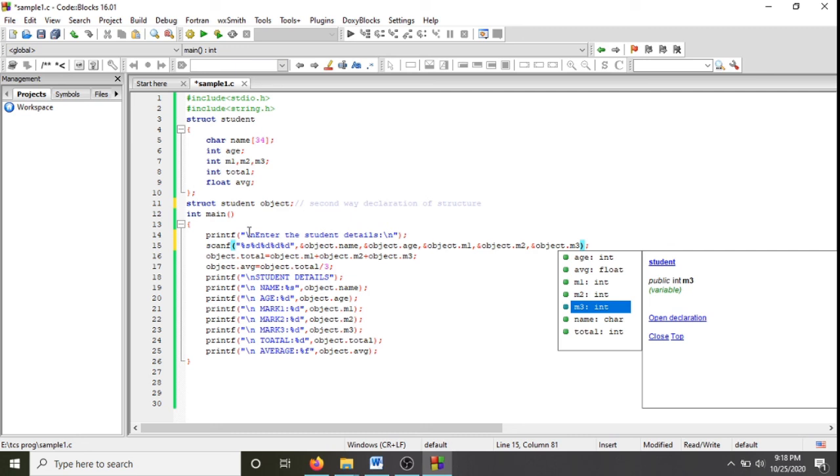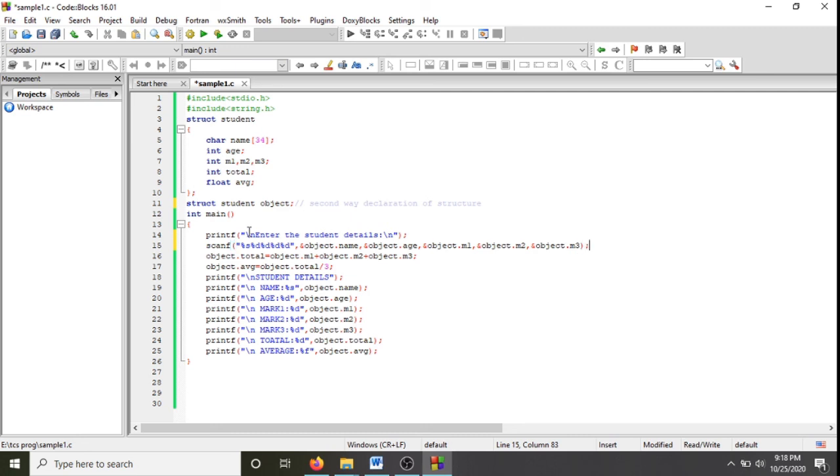So these are the details which you need to get from the user at the runtime, and this is the procedure to get the details from the user at the runtime.